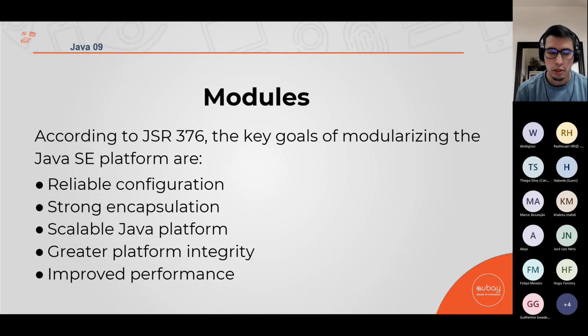I will show that some of these goals are being achieved in the new versions of Java. You see that we now have more performance, the Java platform is becoming scalable, and we have stronger encapsulation, as I will show in the next slides.